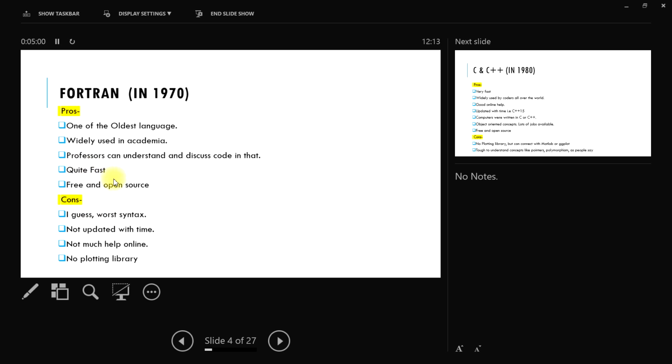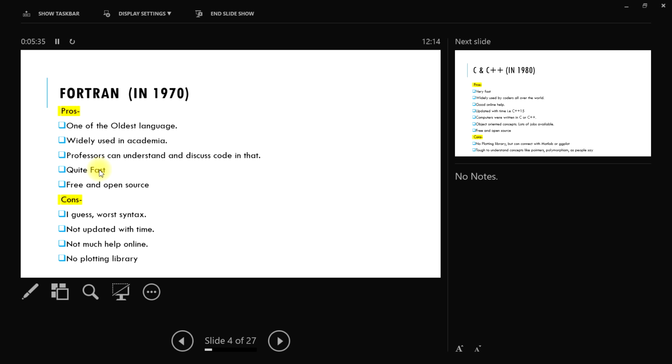Yeah, sure. I think that fourth point, quite fast, is actually much faster than MATLAB. And I know many other languages. Yeah, I just wrote quite fast. I haven't compared it. I was about to say it. Yeah, I know that. C++ and Fortran, they are the fastest languages. Fortran is the best. Okay, I don't know about that. Well, not extensively with C++, but I think Fortran is very fast, much faster than MATLAB.